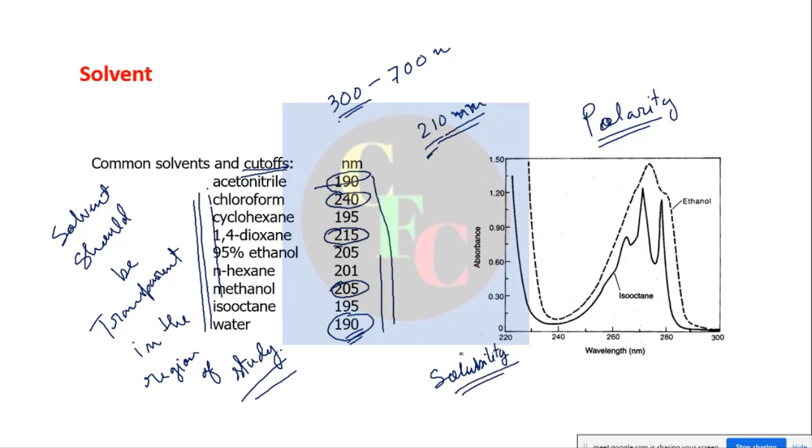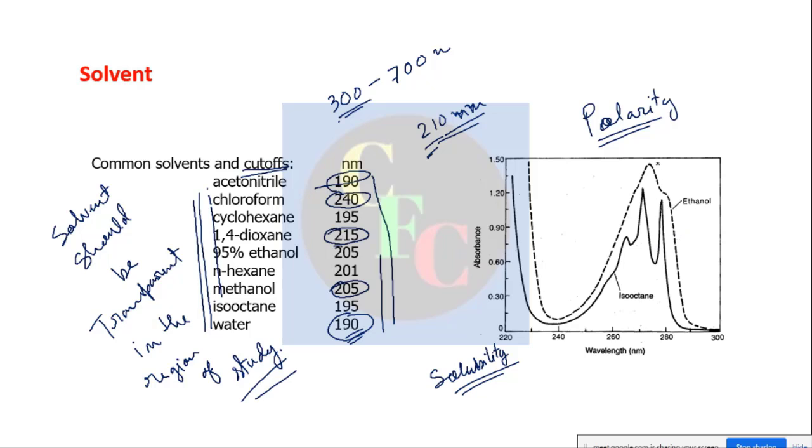Suppose your compound is soluble only in chloroform, then you have no choice. You have to do it in chloroform, so in that case we are bound to do it. But in all other cases, if we have a choice of solvent, we should carefully choose the best possible. First of all, it should be soluble, and then it should give the maximum range. The solvent we should choose is the one which will give us the maximum range possible, and of course, it should not interact with the compound itself.